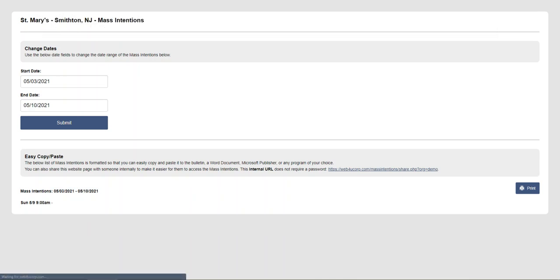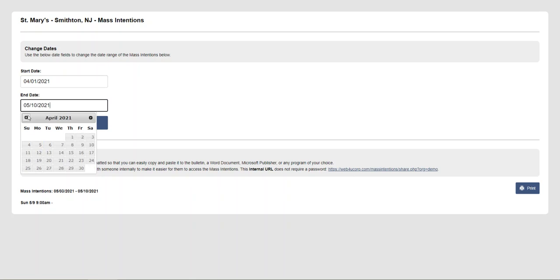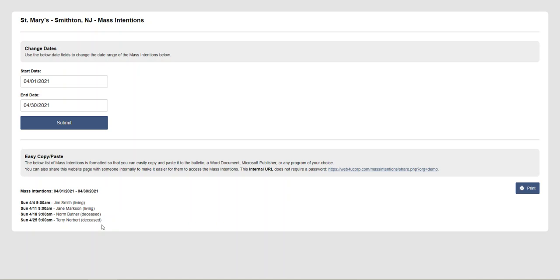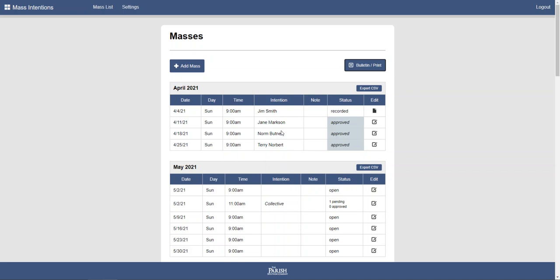You can't see that. And what has happened is we've taken the bulletin person right to this page, and then anytime they want, since they have access to this link, they can do their own queries and they can do the copying and pasting or printing. So the person who has the password and the access to all of this does not have to be the same person who can get to this bulletin print area.